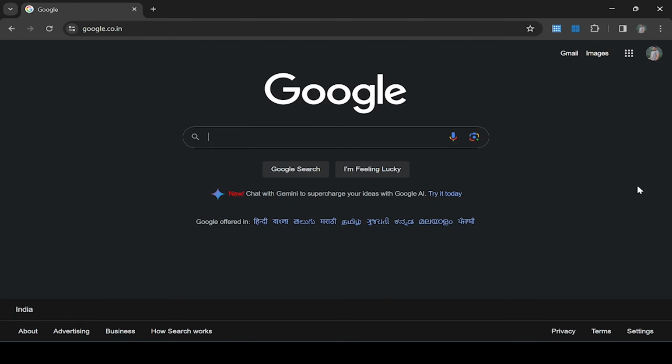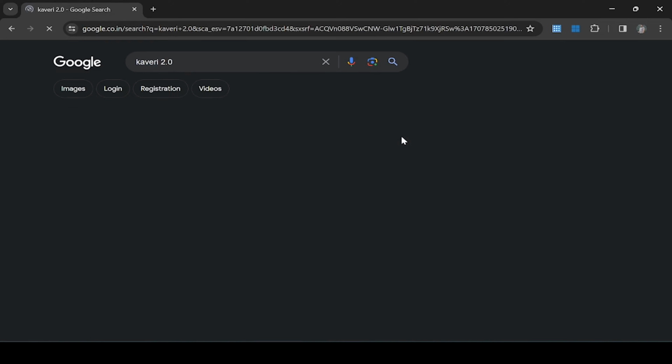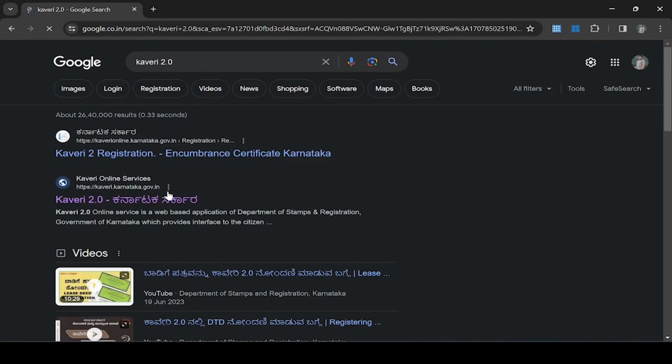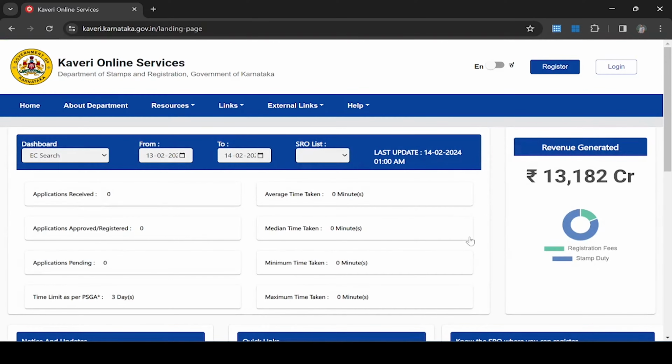So what you'll have to do is just go on to Google and search for Kaveri online, and as you can see it is called Kaveri 2.0, with a lot of updates. This is particularly for Karnataka. I am just going to open it, and this is how the portal would look. In case it is appearing in Kannada, you can just click on the toggle button here